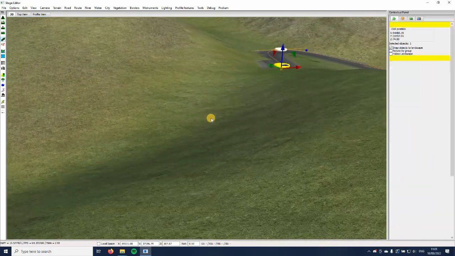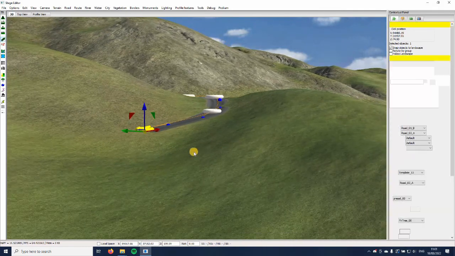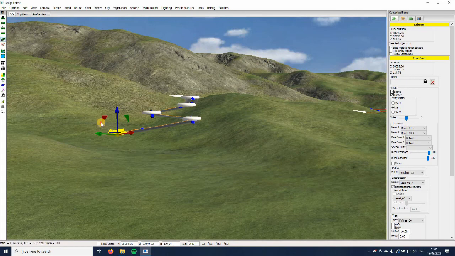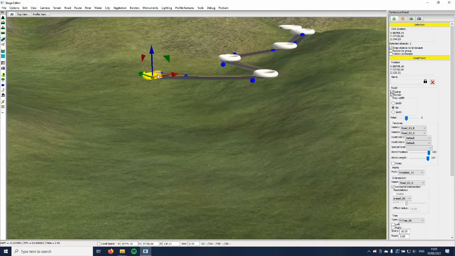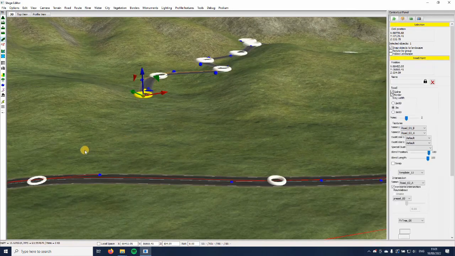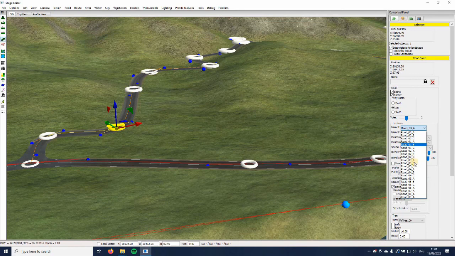So it takes some time, but we'll get there, and then we can go here, final stop, change the road color,